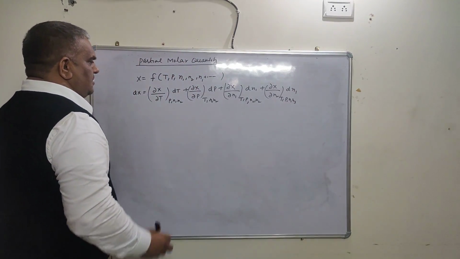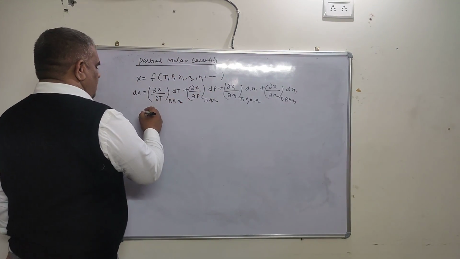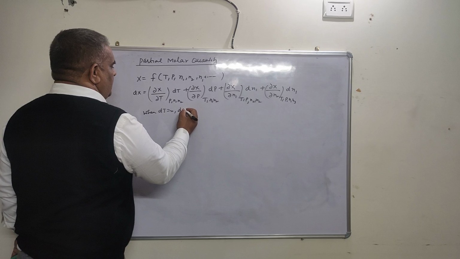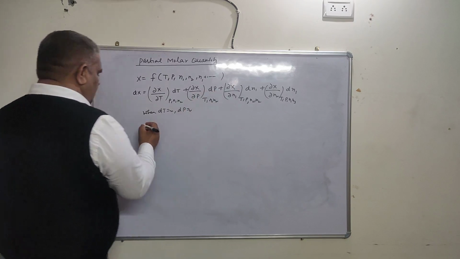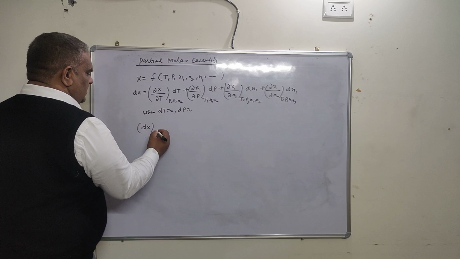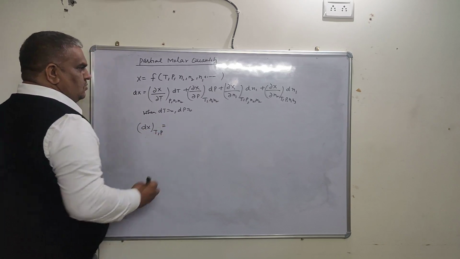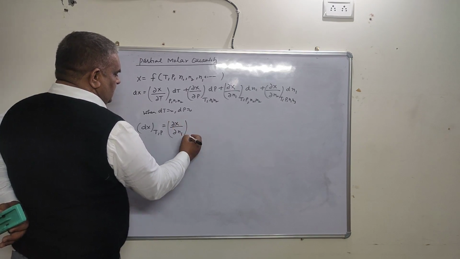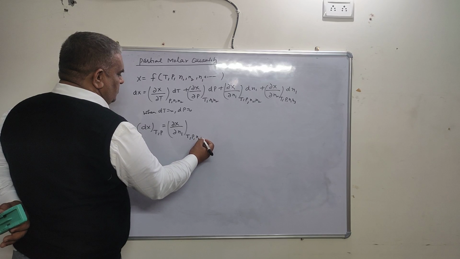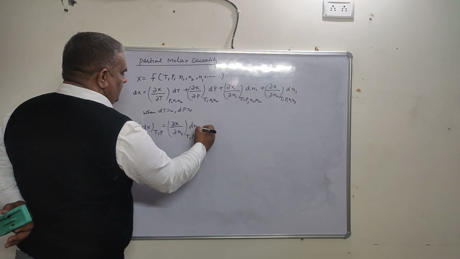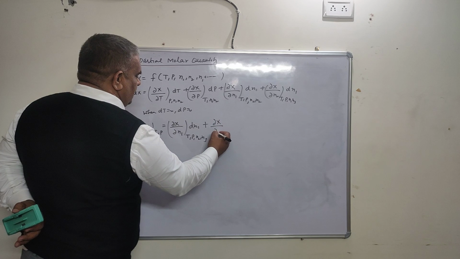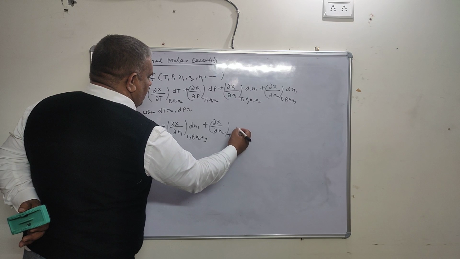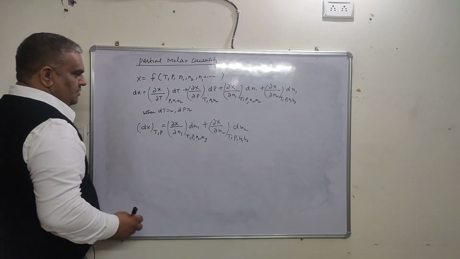When the temperature and pressure of the system are constant, that is when dT equals 0 and dP equals 0, then those terms all become 0. So dX at constant temperature and pressure equals (∂X/∂N1) at constant temperature, pressure, N2, N3, dN1, plus (∂X/∂N2) at constant temperature, pressure, N1, N3, dN2, and